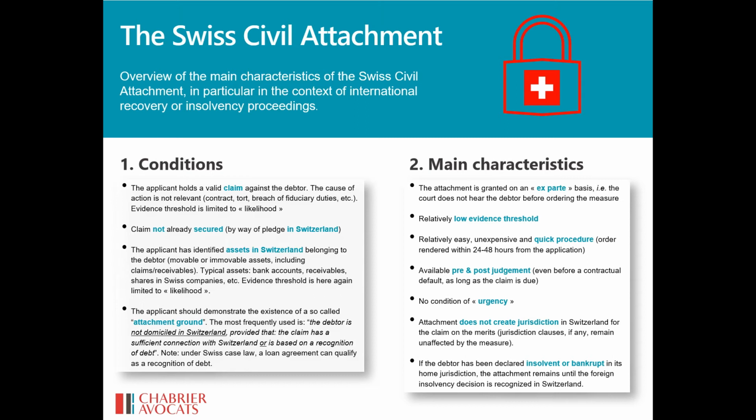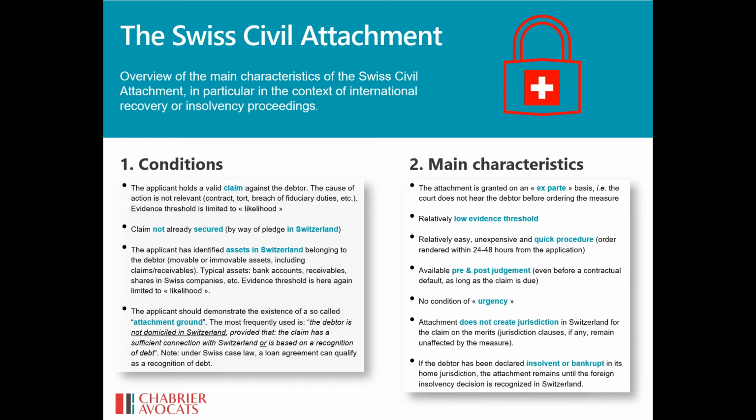Among the other main characteristics, one can mention that the attachment is granted ex parte, which means that you can obtain the measure without the debtor being heard by the court, which is very important in order to preserve the effect of surprise. There's a relatively low evidence threshold, which means that you do not need to prove your claim. Very strictly speaking, you simply need to show to the court that it's likely that your claim is due and that the other conditions are met